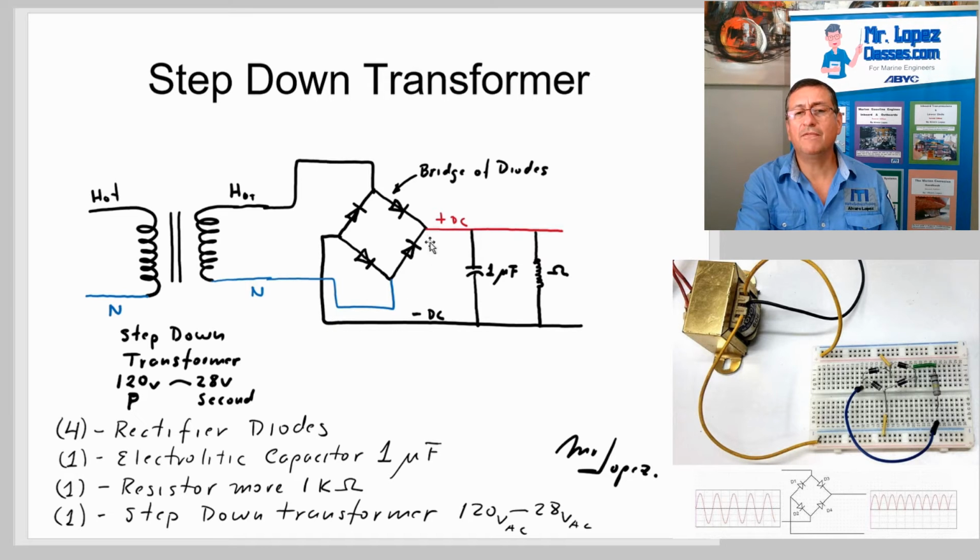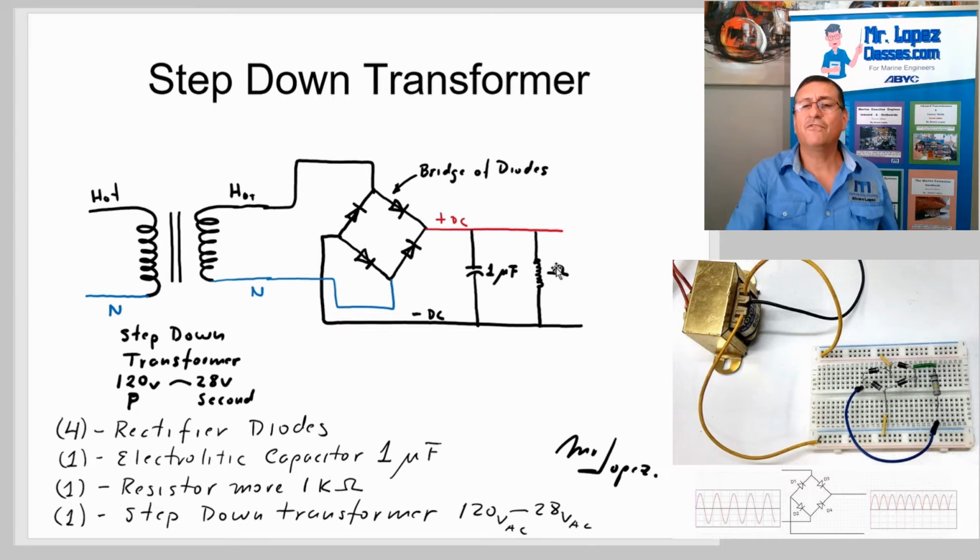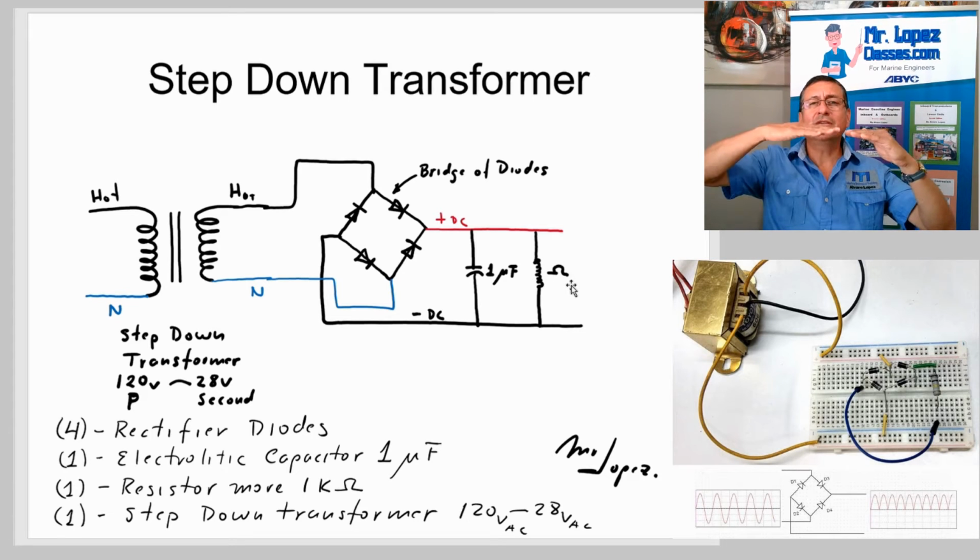One will be negative and the other one will be positive. After that, I am going to install one capacitor and one resistor in order to rectify the little modulation on the signal and convert that signal completely straight. That's the situation. The function of this capacitor and this resistor is to straighten the last portion, because at the end,